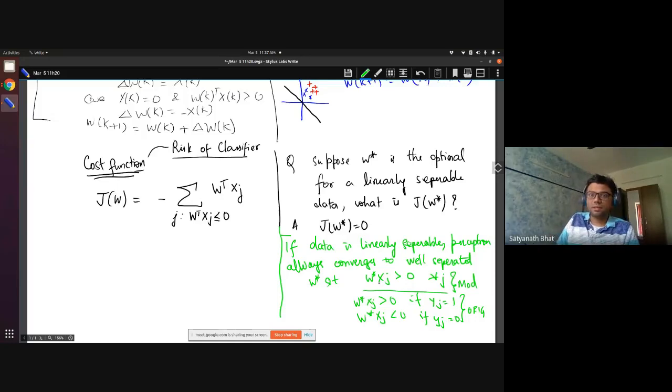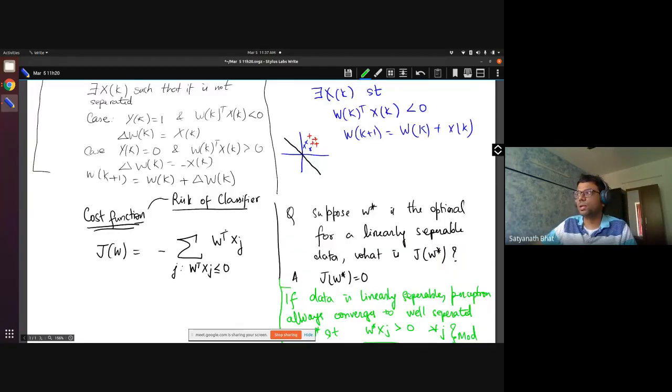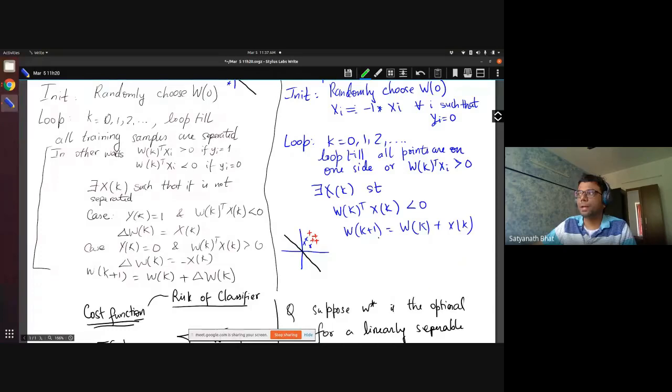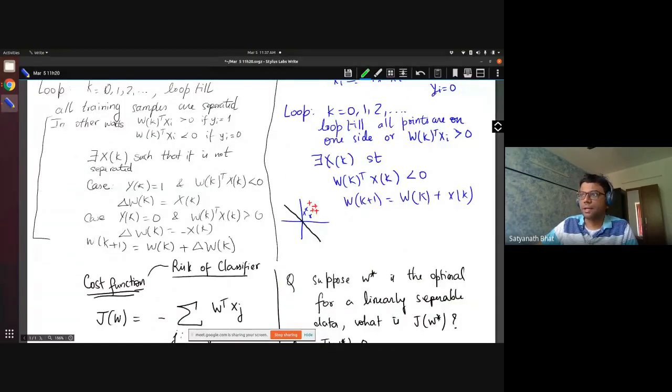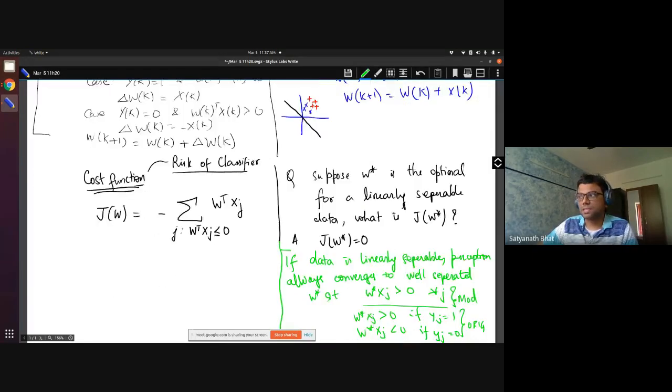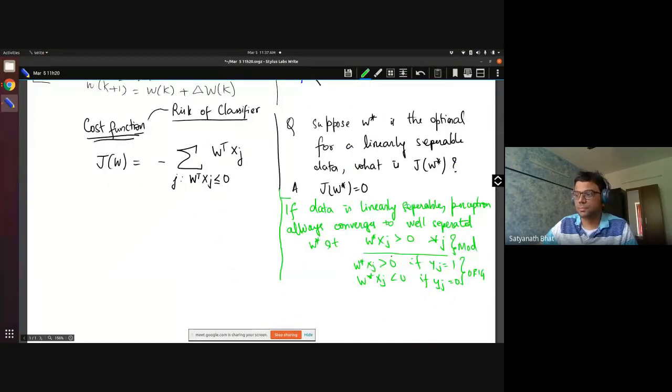The reason why this is a little bit surprising result is because we are doing local updates. Based on one training sample, we are updating our weights. So it's a little surprising that this actually does a desirable thing. And given that we update one, we are not even assured that that point is going to be henceforth correctly placed. Further, it may also misclassify other points. So if you are interested, you could see this.